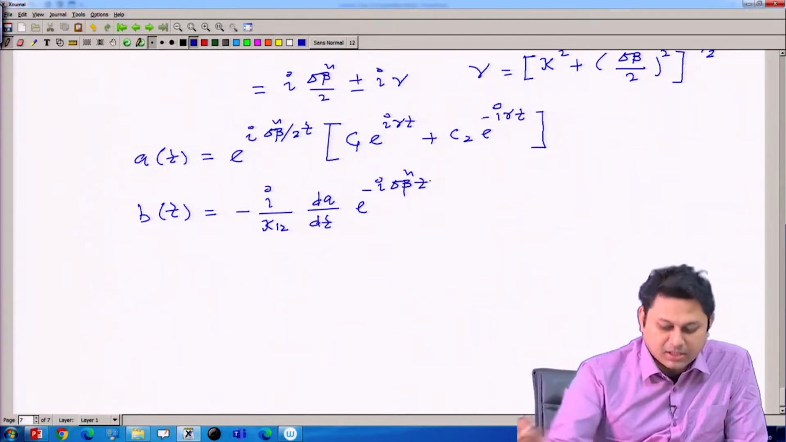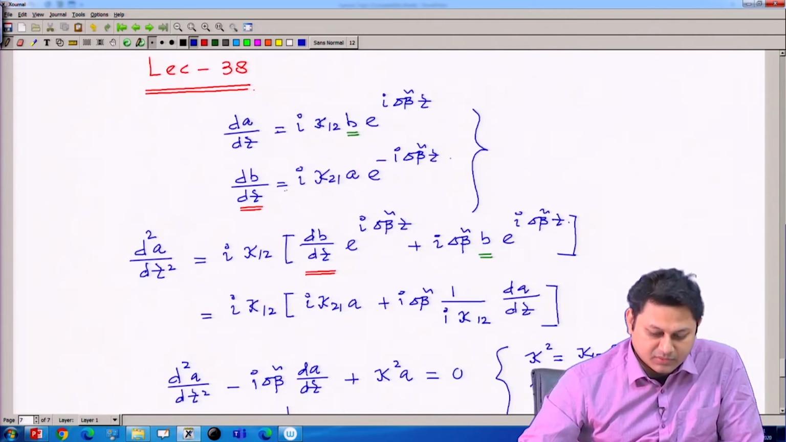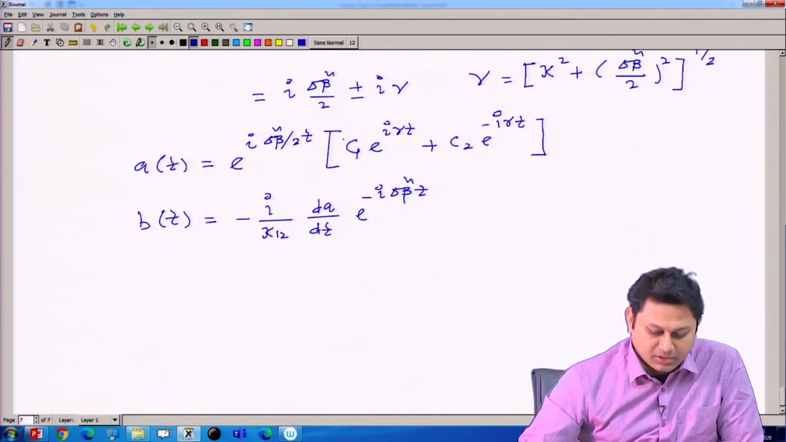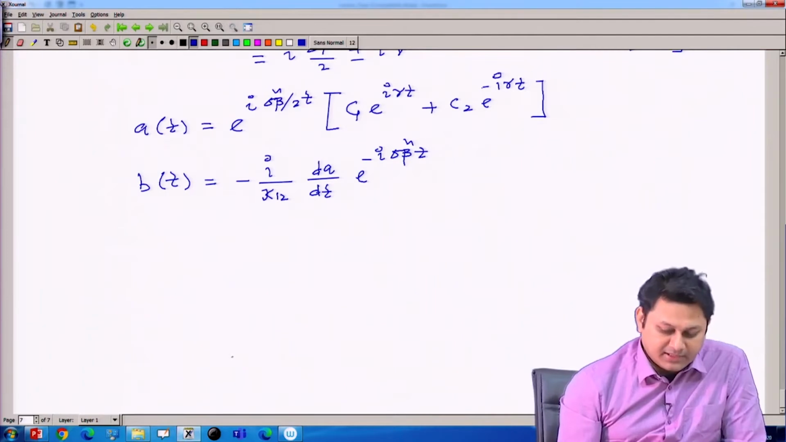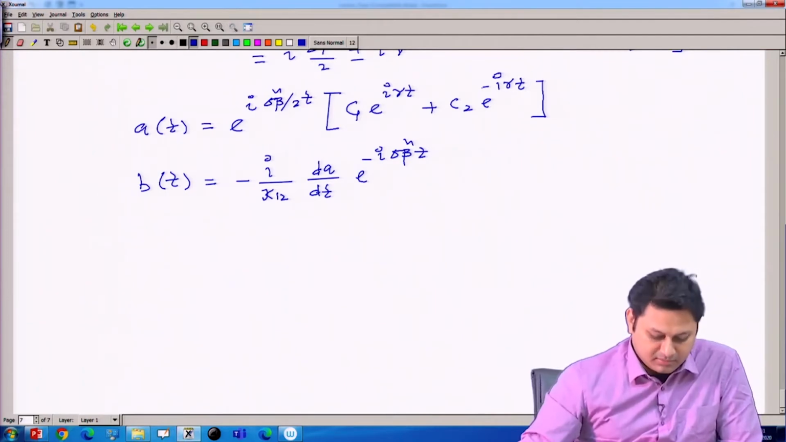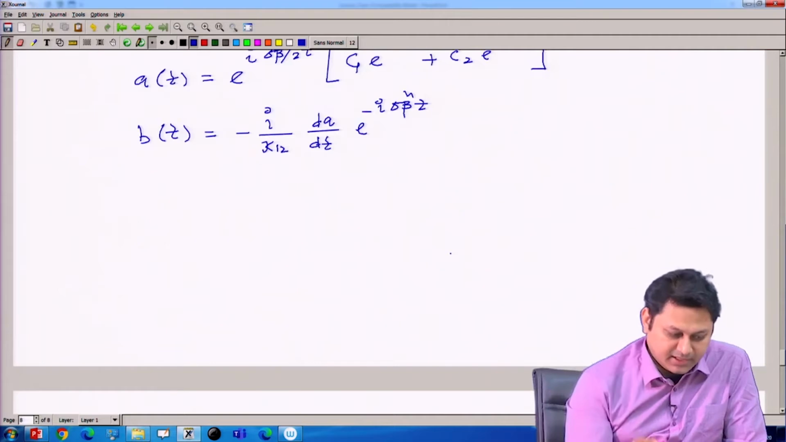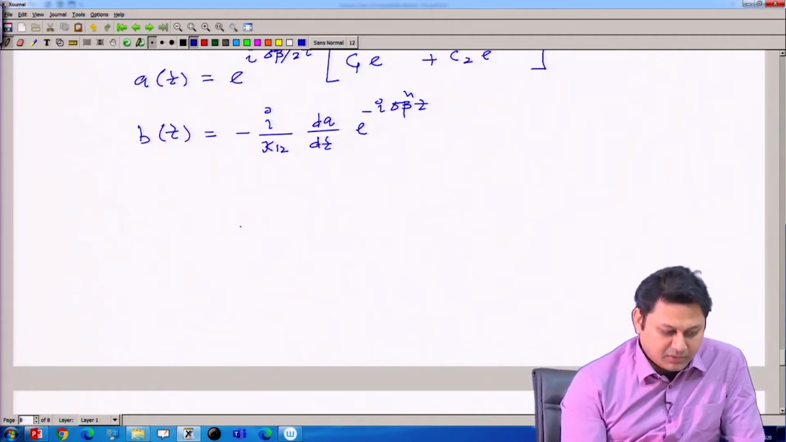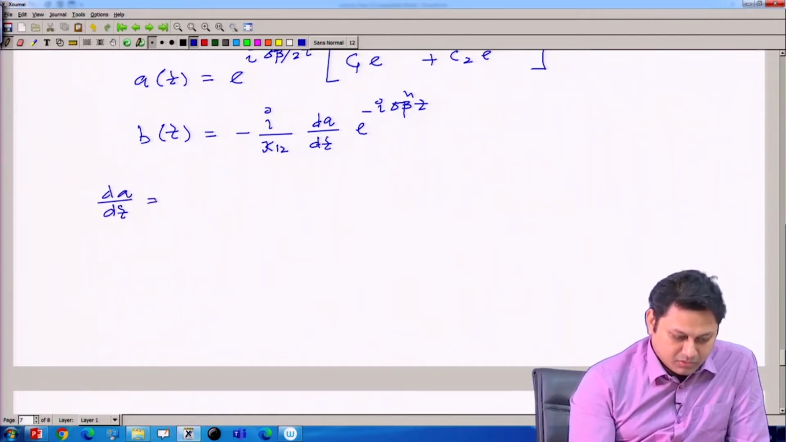So, this is the B in terms of A, and that I can find from this first equation. Now I know the value of Az, because I already solved the differential equation, so I can extract the B out of that. In order to do that, I need to calculate dA/dz. So, dA/dz will be